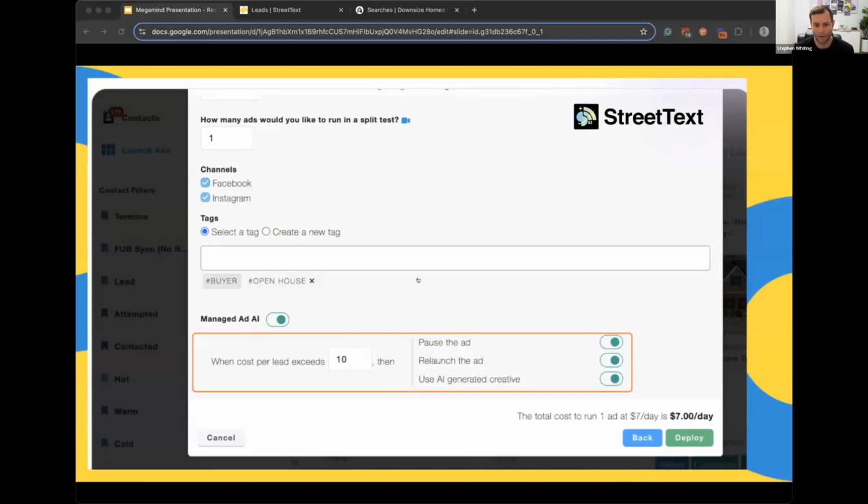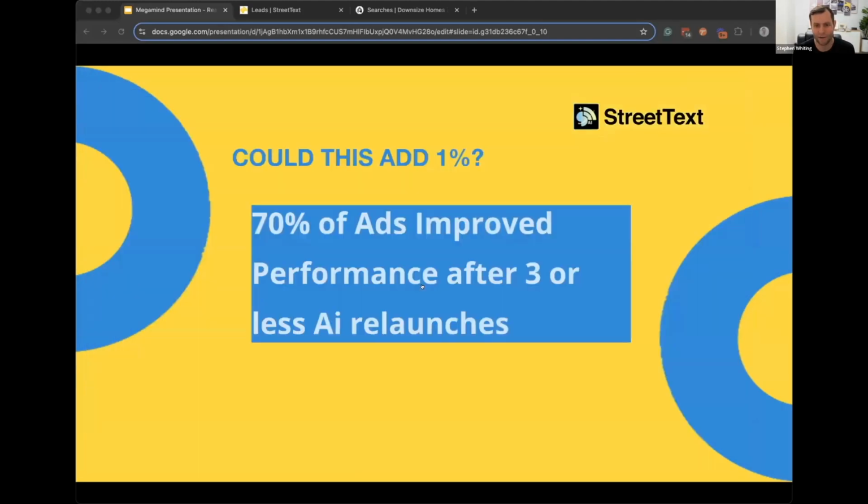Here's another tool that can buy back your time. Ever launch an ad that you absolutely love and you wish it would just keep running, you didn't have to keep your eyes on it? Then if you have this feature, which is available either on our Legacy or Scale plans, it is dedicated to buying back your time. You just relaunch an ad, you let our system handle it if it loses performance. In fact, we have tracked that our AI is able to improve an ad's performance with 3 or less attempts of relaunching it. So again, could this feature buy back some time